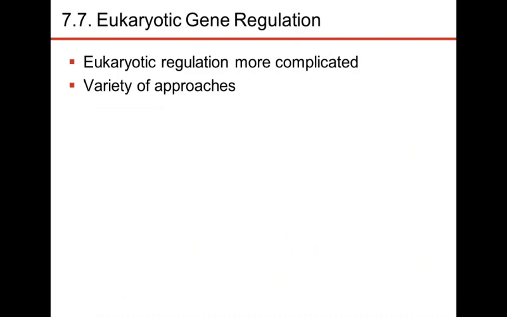You've got genes scattered sometimes on multiple chromosomes, but they have to work like operons. In other words, they have to all be turned on at the same time. So in those higher organisms, eukaryotes like us that have multiple chromosomes, how does the cell know to turn on this gene on chromosome 1 right now and do the same thing for this gene on chromosome 5 and this one on chromosome 15?